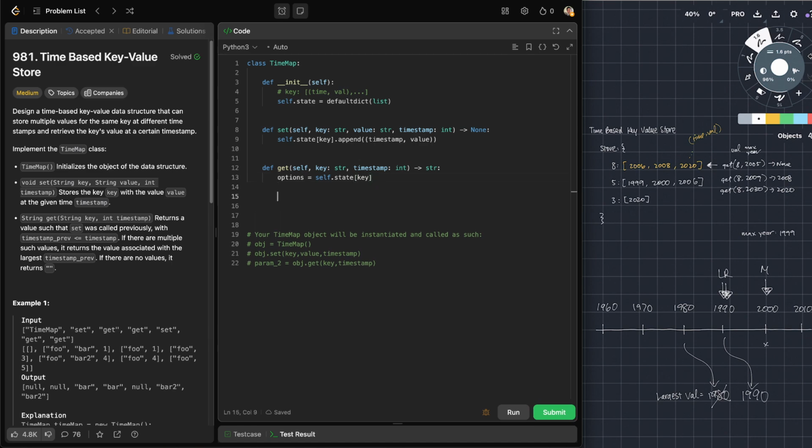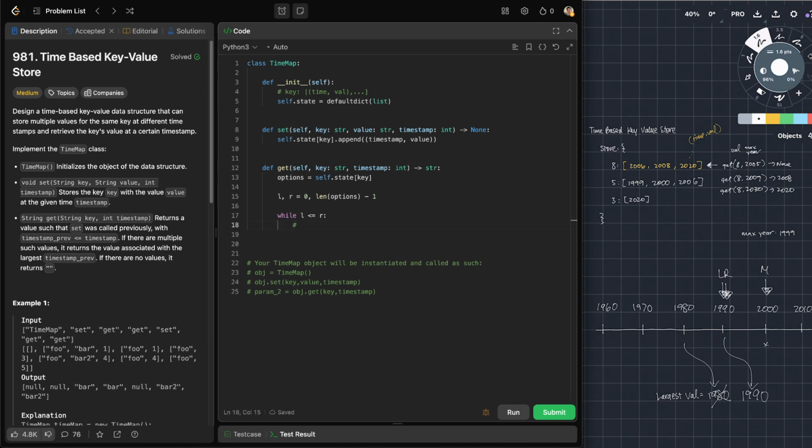Right? How do we do a binary search? We have a left pointer and a right pointer. I'm going to set that to the length of options minus 1 for the right pointer, because that's going to be the last index. And then while left is smaller than or equal to right, we're going to do some comparison and figure out if we should move left or right. Okay, so when do we move left and when do we move right? Well, what is the value that allows us to